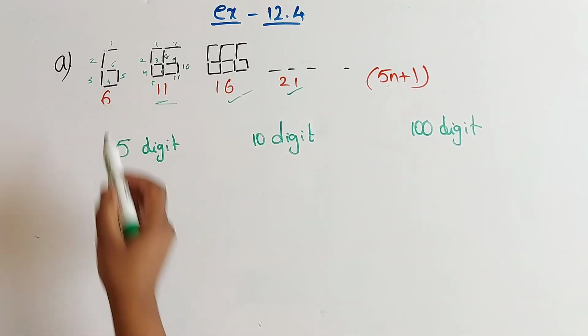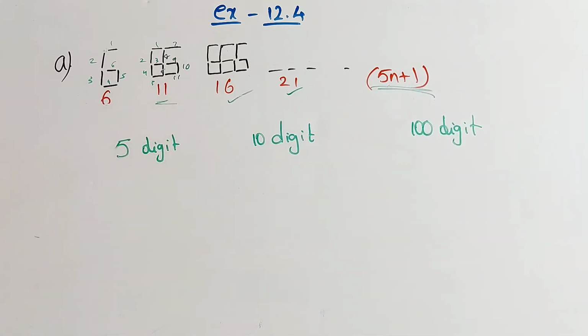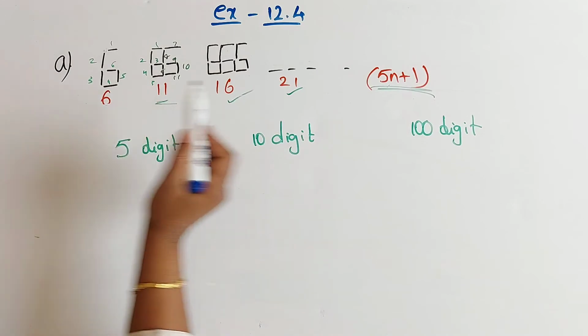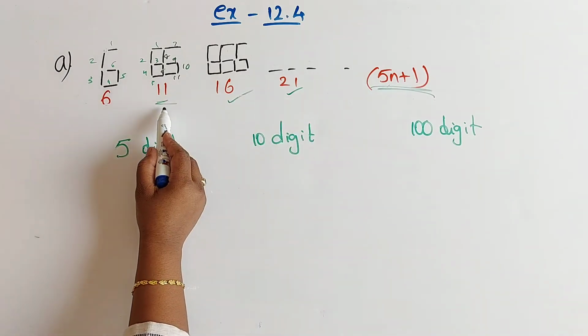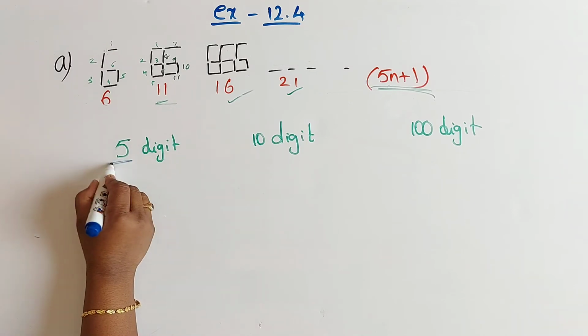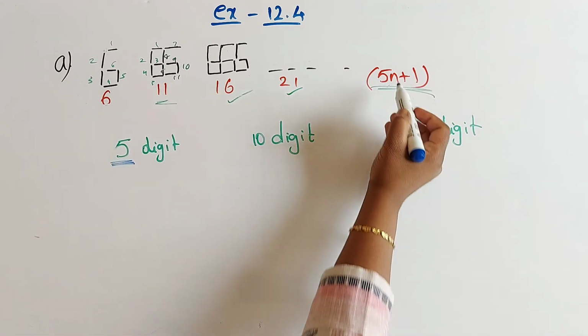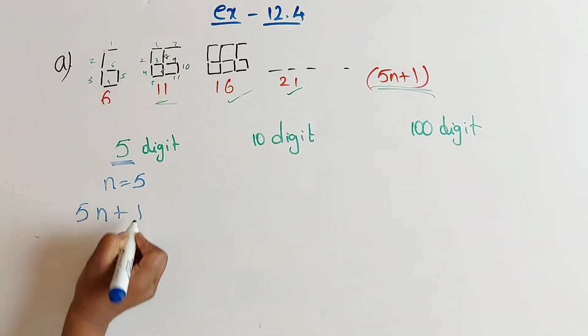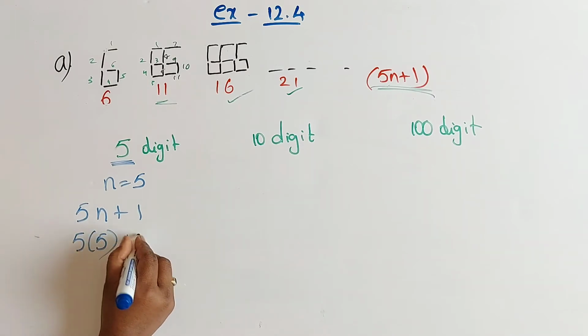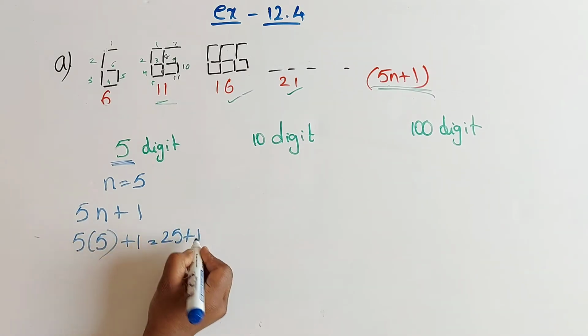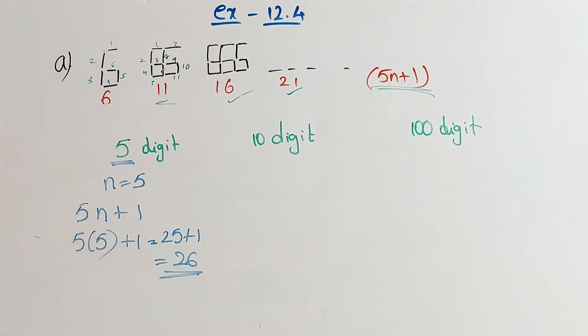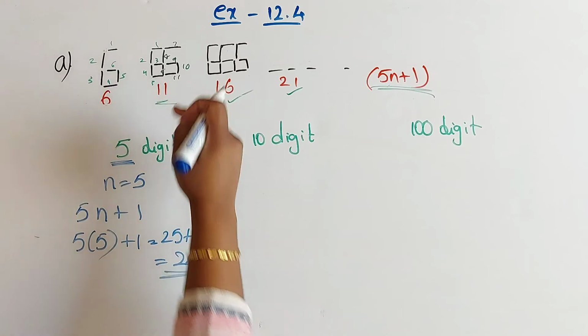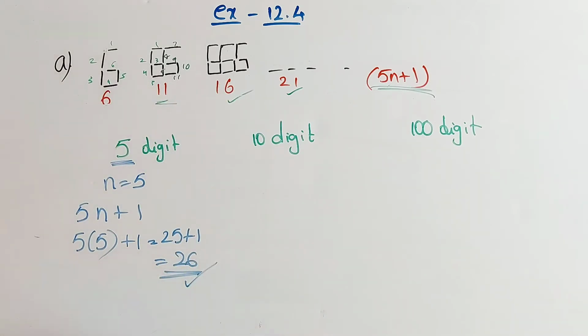First we'll do it for 6, children. Here already the pattern is given like 5n plus 1, children. Right? 5n plus 1. And we checked also, it is correct. If n equal to 1, 5 plus 1 is 6. If n equal to 2, 5 2s are 10 plus 1, 11. But here they are asking for 5 digits of the same number. Right? So 5 digits means here n equal to 5. And use the formula 5n plus 1. 5 into 5 plus 1, children. 5 5s are 25 plus 1, that equals 26. Here how many line segments used for 5 digits of the same number? 26 line segments we have to use.